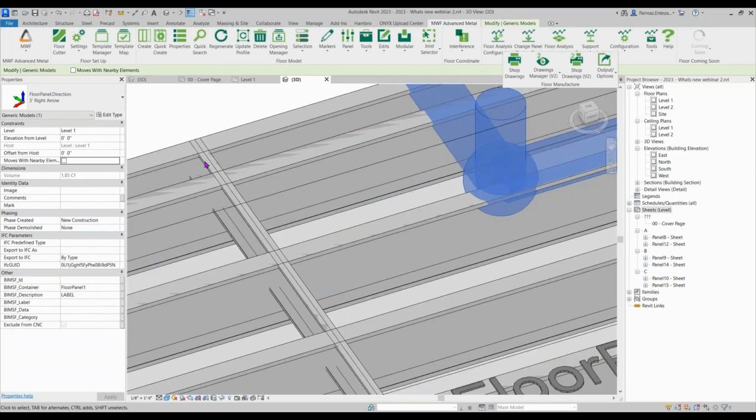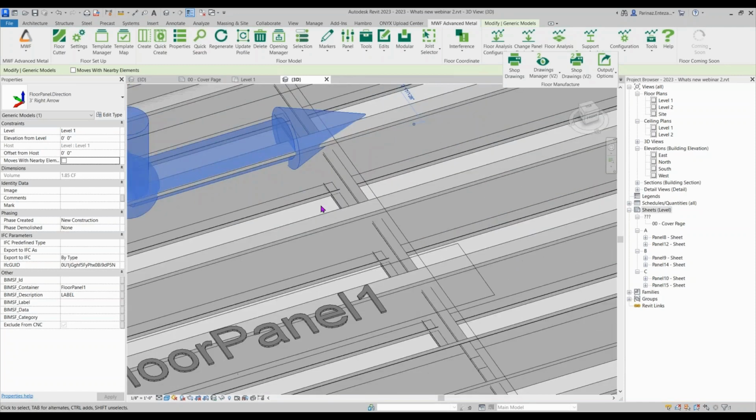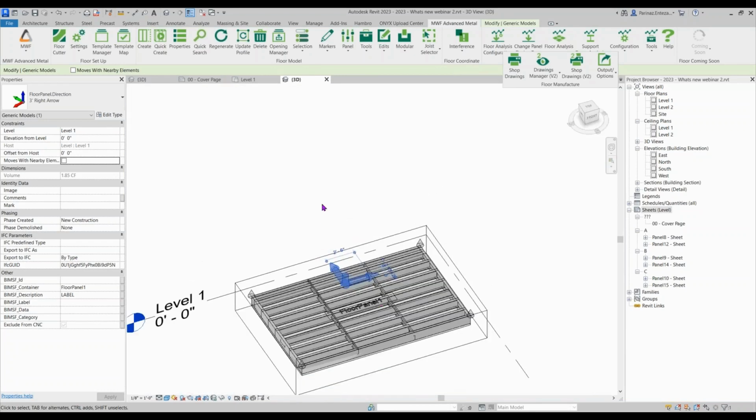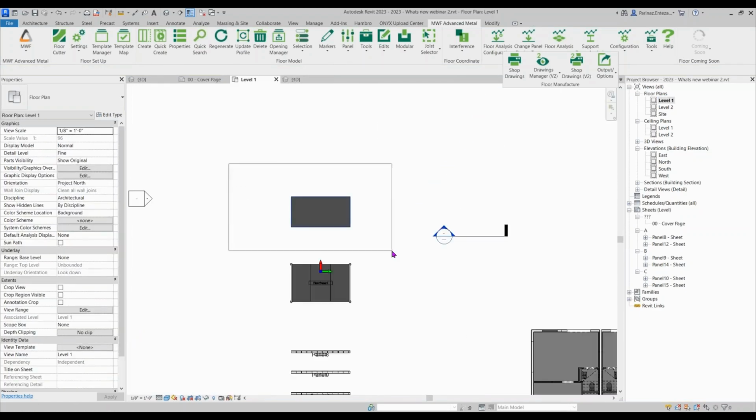So the first one, the blocking is exactly aligned to the top of our structural members, and the next one is exactly aligned to the bottom line. So this is also the next change, or next improvement, that we had in floors. If I go back to level 1,